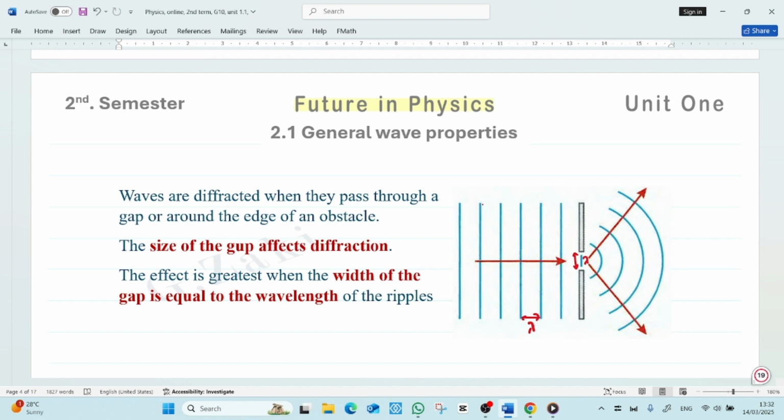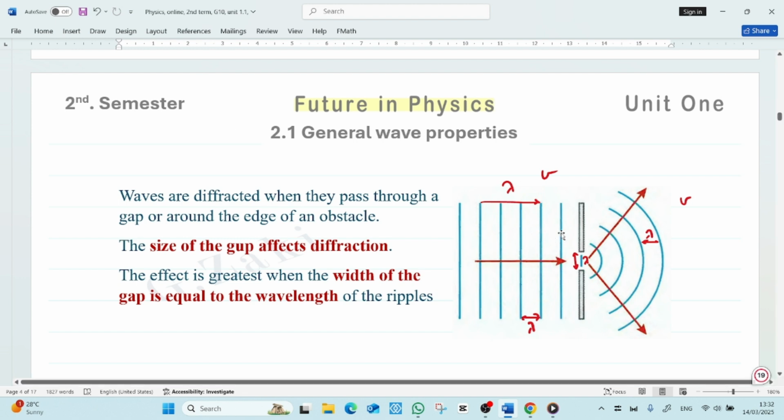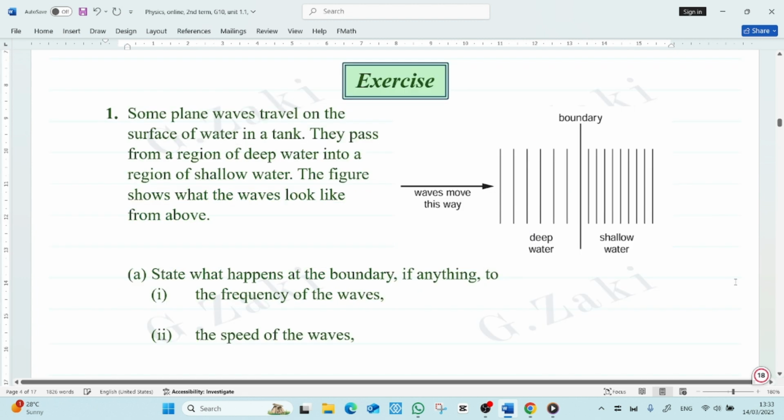What is the diffraction? In diffraction, there is no change in speed, so the same speed. No change in the wavelength, lambda is the same. No change in frequency, just a change in the pattern or the shape of wave from plane waves to circular waves. So remember, in diffraction, the size of gap affects the diffraction. Let us see that